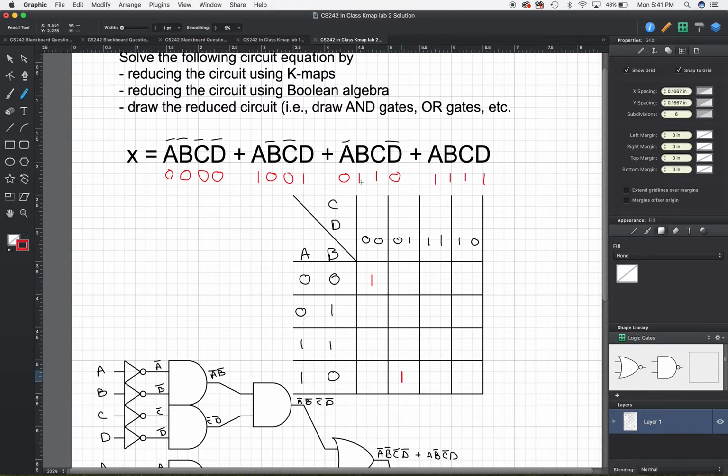How about this one? 0, 1, 1, 0. Okay, so 0, 1, and 1, 0. This one over here, so I'll put a 1 right here. Finally, 1, 1, 1, 1. Okay, so 1, 1 is going to intersect with this column right here, 1, 1. So there we go. Now that I've placed 1s in the Karnaugh map, my goal is to try to combine